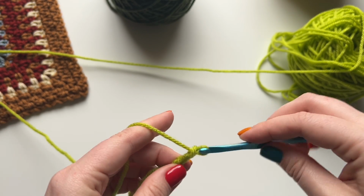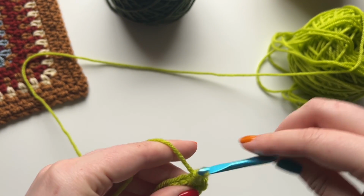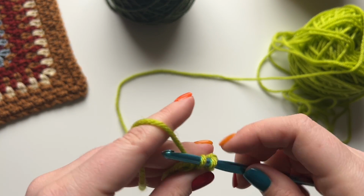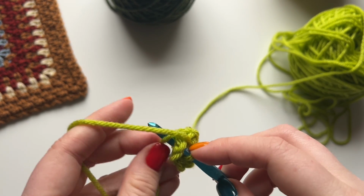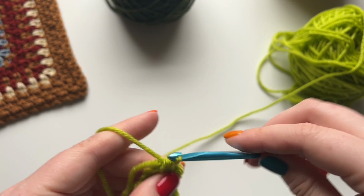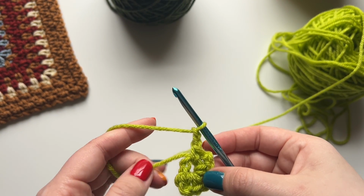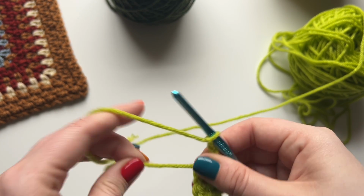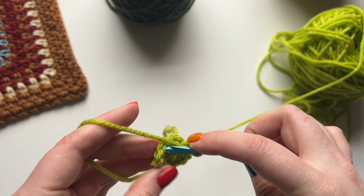chain 2, single crochet, chain 2, single crochet, chain 2, single crochet, chain 2. So you've done a single crochet, chain 2 four times. And I'm going to tighten my little loop there, and you're going to slip stitch into that first single crochet,